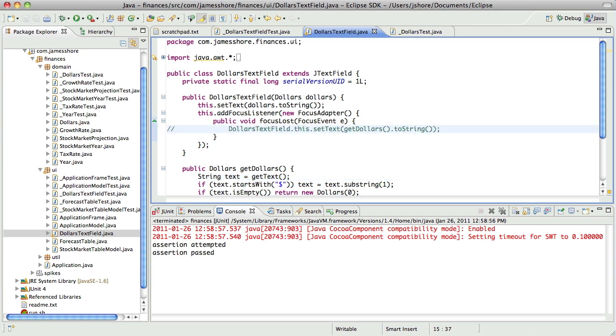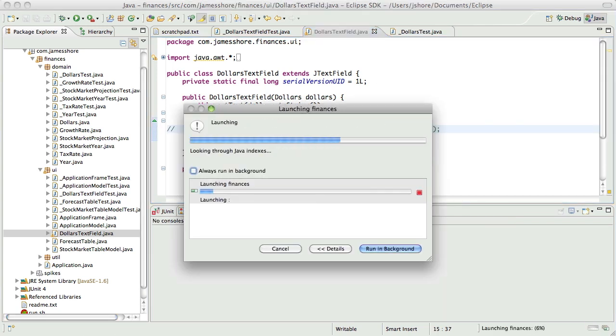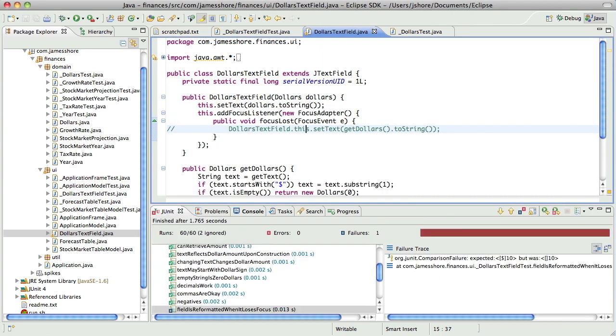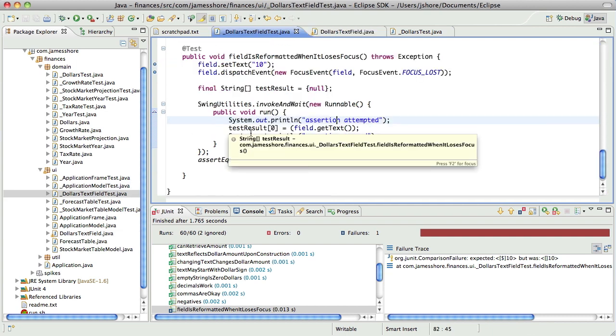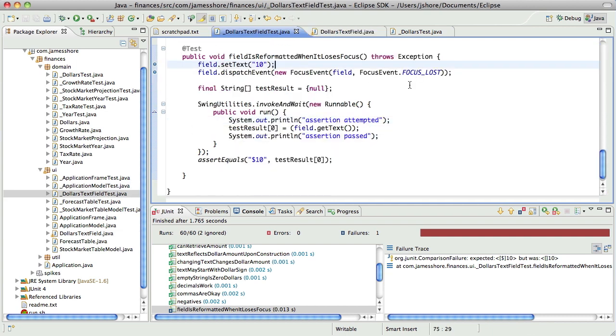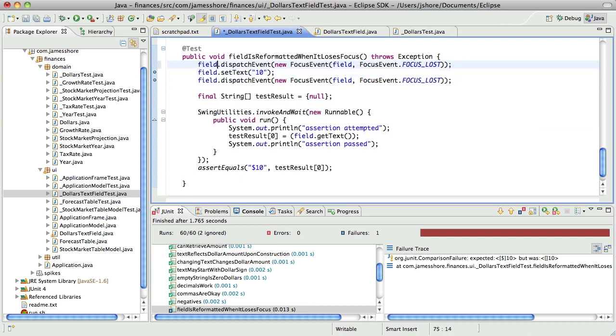So what's interesting to me is that our focus lost still doesn't appear to be being called. And now maybe what Matthias was talking about is the issue. Maybe we need to make sure that we actually have given it the focus. Maybe it's smart enough not to pass a focus lost event to something that doesn't already have focus.